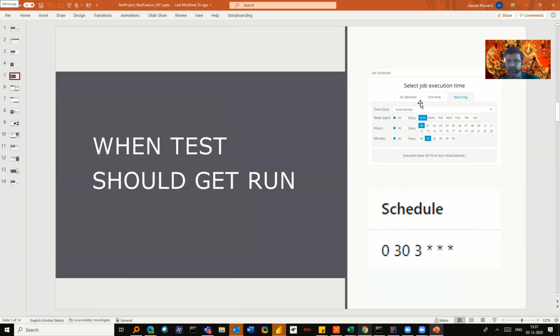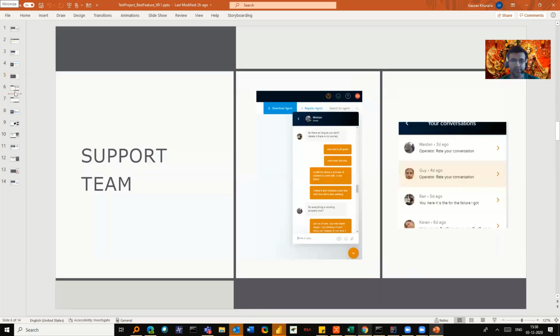But you see here how simple it is, compared to this one, where whenever you have to mention a 0 3 3, which could mean that on a particular day, after every third day, in every 30 minutes. So there is a technical, even to read this you have to learn that syntax. But here it was very simple, whenever I want that job to be run, and a job is nothing but a collection of test cases. So yeah, this is one of the unique features that I found.